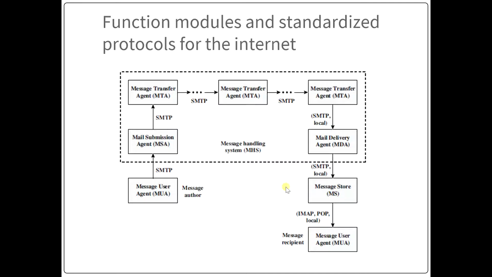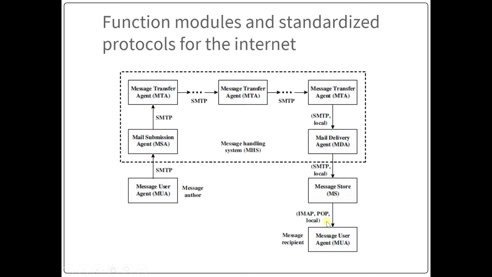So the MS, that is message storage: an MUA can employ a long-term MS, and an MS can be located on a remote server or on the same machine as that of the MUA. Typically an MUA will retrieve the messages from a remote server using the Post Office Protocol, POP, or IMAP, the Internet Message Access Protocol. So here you can see the MUA tries to retrieve the messages from IMAP or POP.